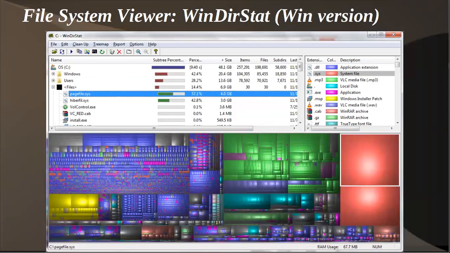We need to know something about your computer and what's on it. We had a member come to me one time a few years ago who said, my hard drive is almost full, but I go into my folders and they're not full, but the computer shows the hard drive is full. So a program like WinDirStat, or for the rest of us, QDirStat, which is the Linux version, is a program that will